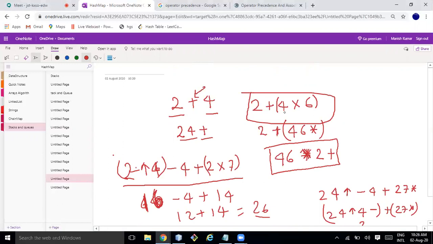By seeing it, first we'll convert 4 into 6, so you will first write 4 6 star. You converted that into postfix. So then this is one operand, and 2 is another operand. Again you can convert: 4 6 star as one operand, and plus as the operator.